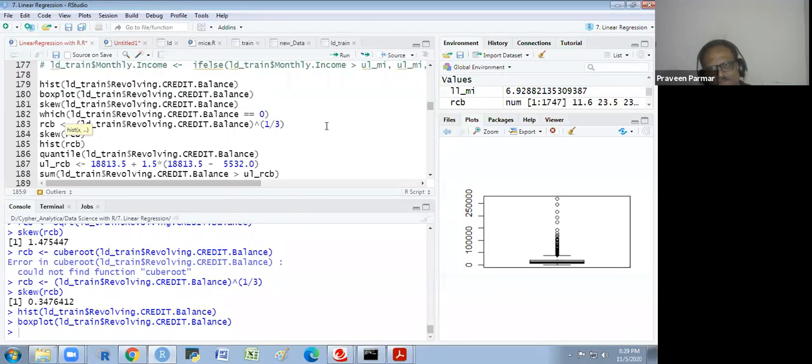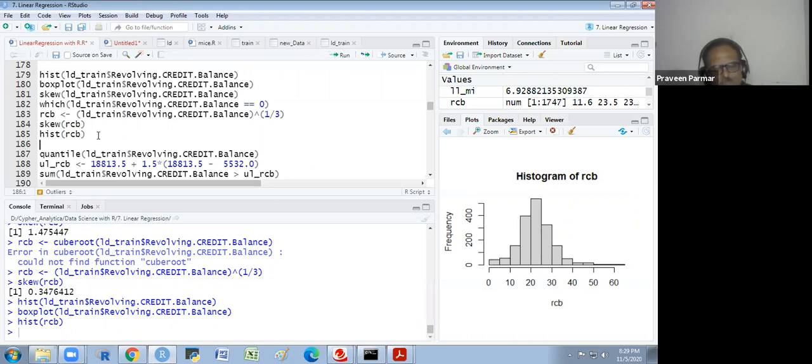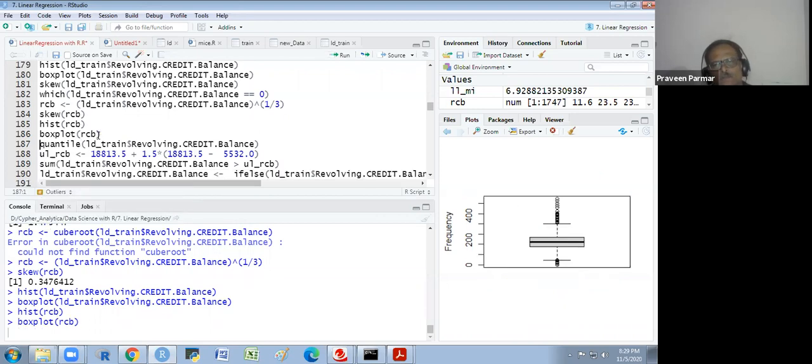You see, there is some skewness on the right side. Correct? And we see the box plot. Skewness is 0.34, which is positive, which is basically normal now. We have to use the formula for the normal. And I will show you the box plot also. And RCB. In the box plot, it is showing both sides. Got it? Understand?